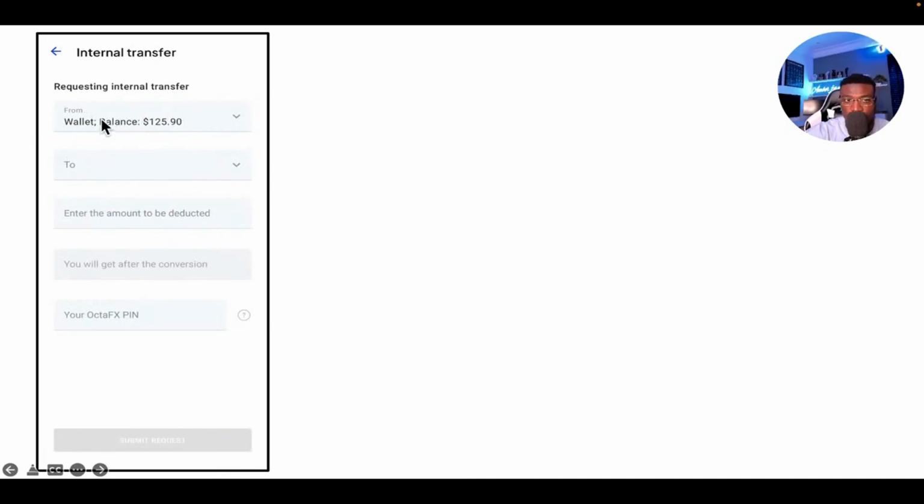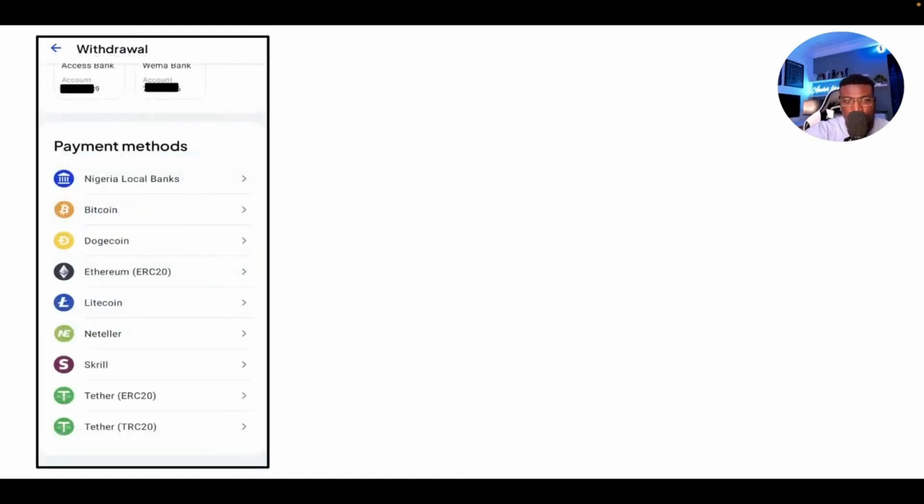So you choose your trading account, and you choose to wallet, right? You enter the amount that you want to be deducted, and you enter your OctaFX pin. Your OctaFX pin has already been sent to you in your email. So you can just check your email or use the search button to check for your OctaFX pin, right? So once the transfer is done,